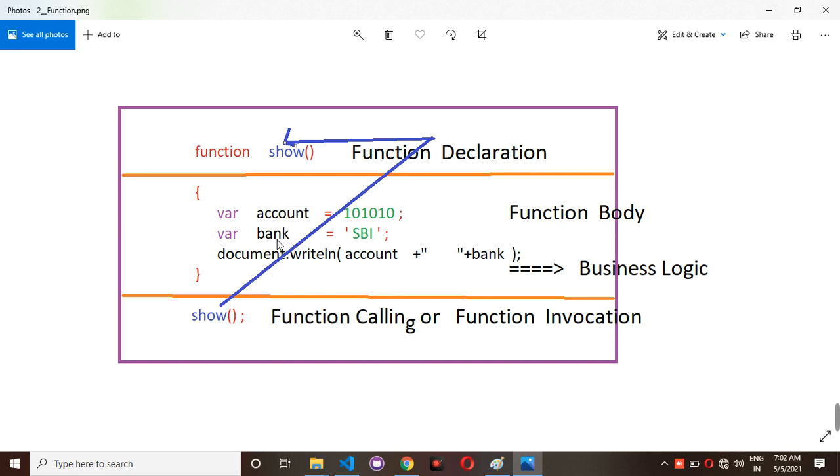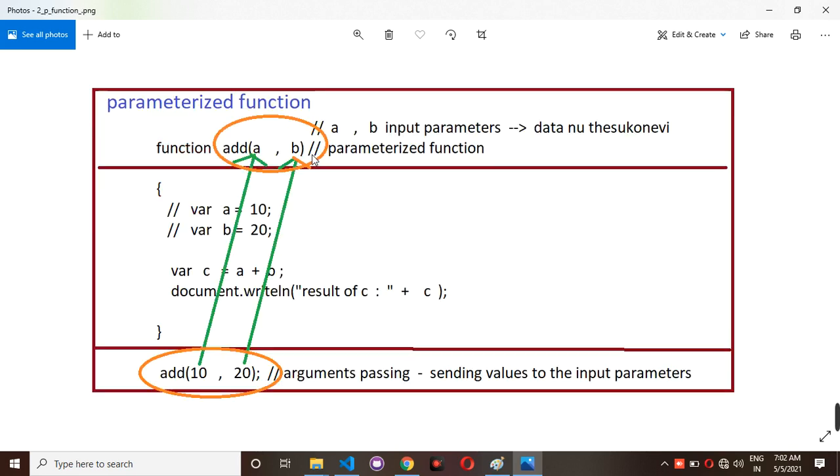And coming to this, this is a non-parameterized function. Non-parameterized function means there are no input parameters here. And coming to the parameterized function, I have the function keyword. After the function keyword, I have the function name add, and inside the add function I have a, b, and a, b are the input parameters. Input parameter means it will take the data from the function call.